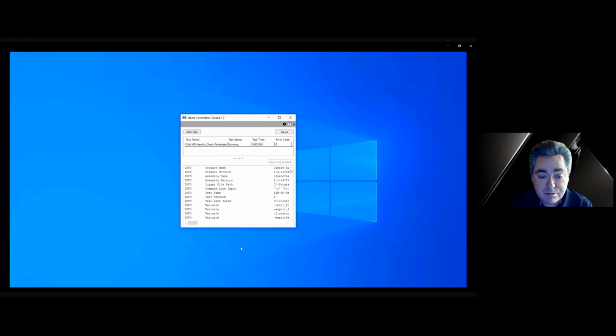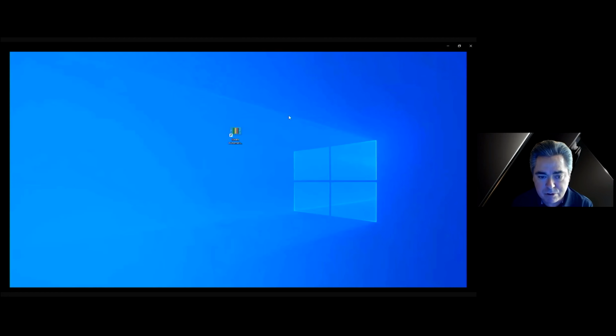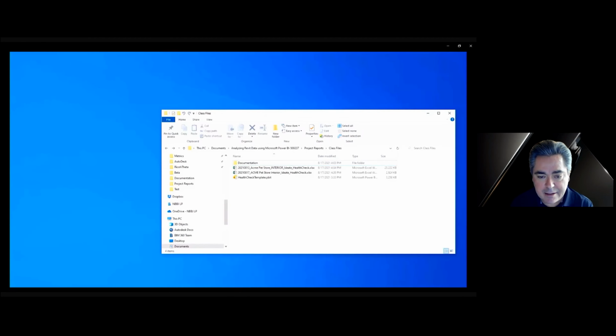When it finishes, it'll close Revit, and you'll see the log file here, and it'll show you if any errors were found, and also tell you how long it took. In this case, it took 5 minutes and 17 seconds, but a larger file would take a lot longer. We'll just close this, and let's go back into Windows Explorer.